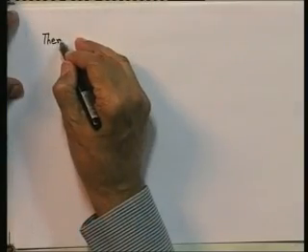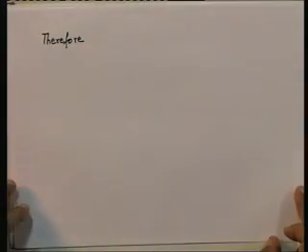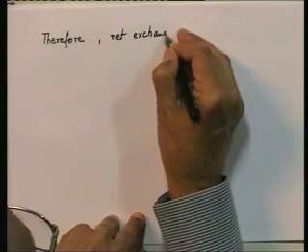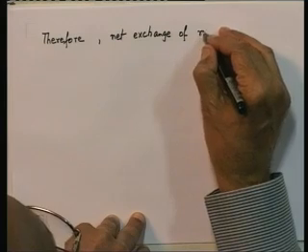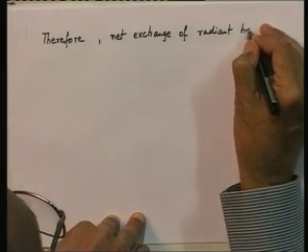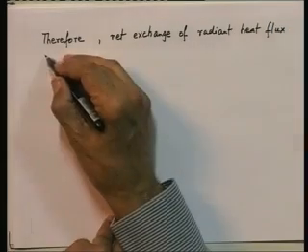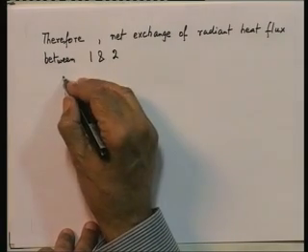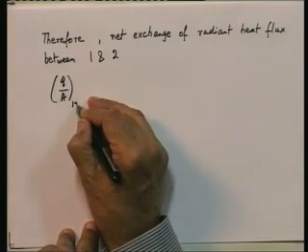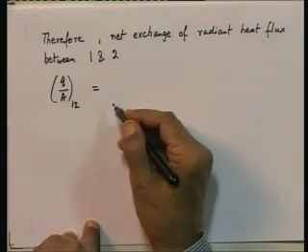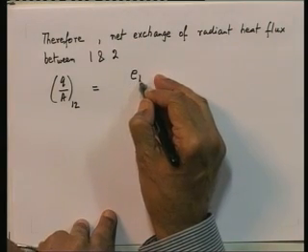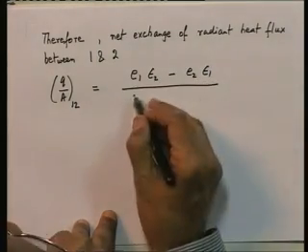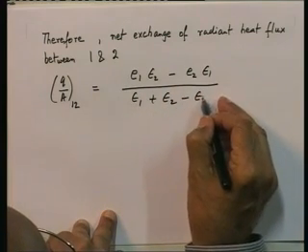Therefore, the net exchange of radiant heat flux between the surfaces 1 and 2, which is nothing but q by A 1 2, will be equal to the difference of the two expressions we had earlier. So, I am going to get E1 epsilon 2 minus E2 epsilon 1, the whole thing divided by epsilon 1 plus epsilon 2 minus epsilon 1